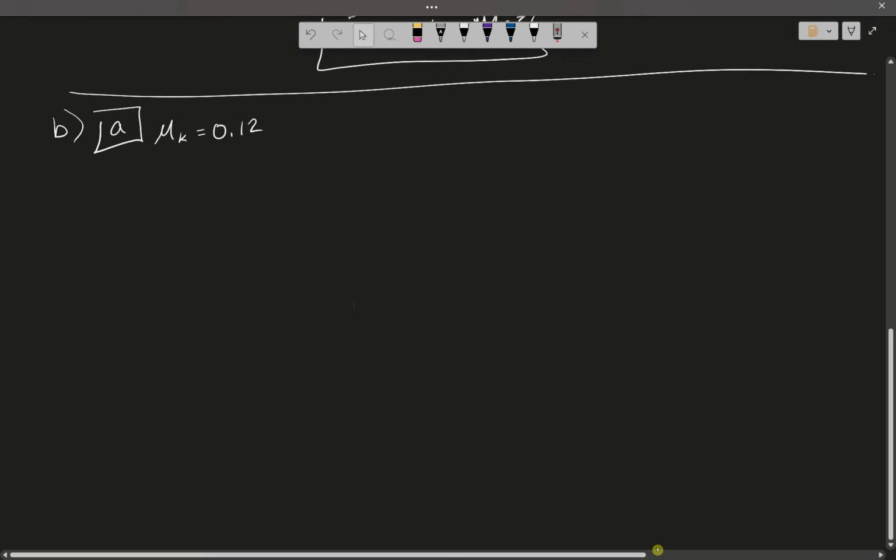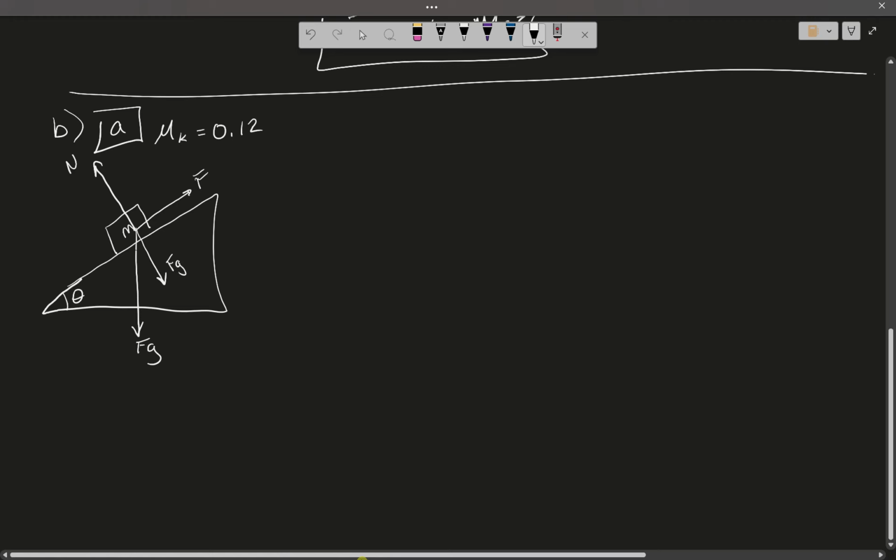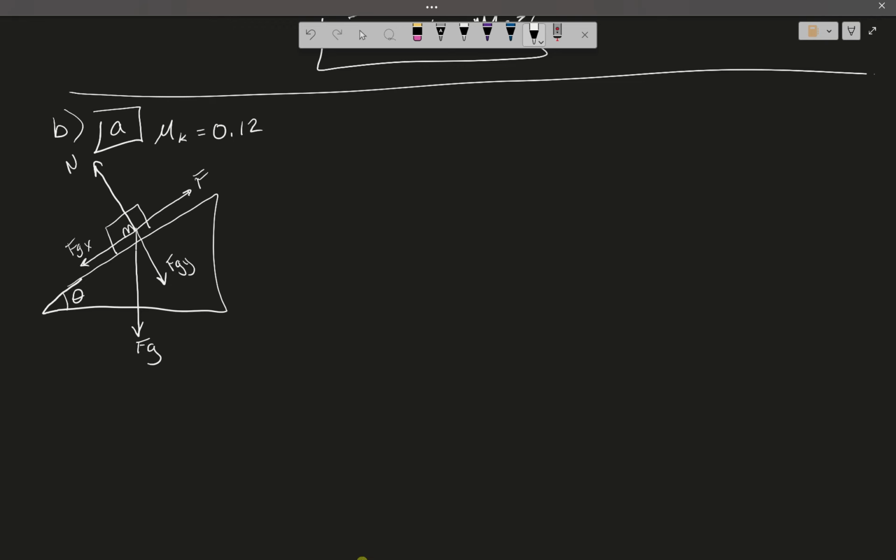Now I have the force of gravity. So I have my inclined plane, I have theta, I have my block of some mass. I still have my force of gravity going down, my normal force perpendicular to the surface of the inclined plane. I have my applied force of 38 newtons. I need to break this down to the force of gravity in the y direction, the force of gravity in the x direction, and now I need to determine where and what direction to put my